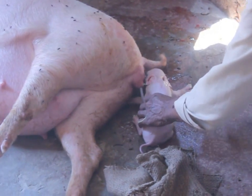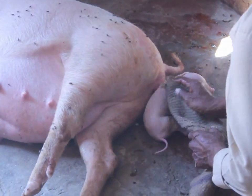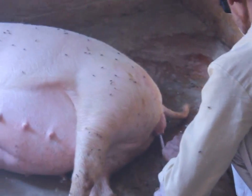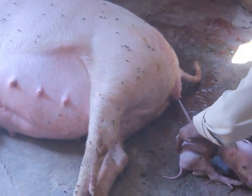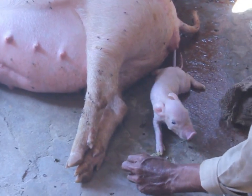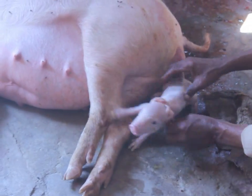So now the same thing starts again. The entire wrapping around has been cleaned. I will wait for the umbilical cord to snap from the mother's side first. And though I must have covered it at some other point of time, I'd like you to know that there are a few procedures which have to be done in case of the baby piglets. The first one, as you can see, is the cleaning of the face from the protective jelly kind of thing. Second is to take care of their umbilical cord. The third would be to see that they are interested in getting fed,